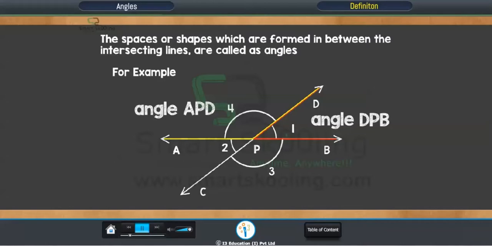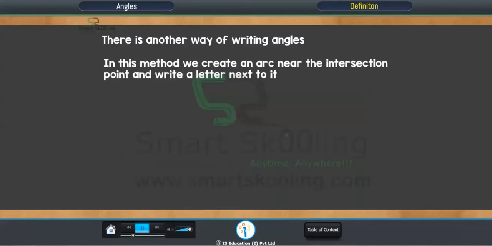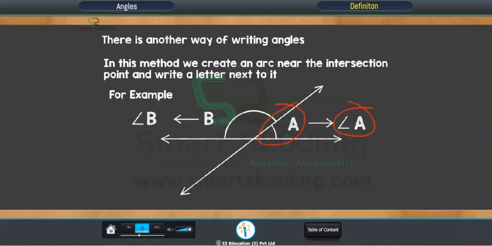Instead of writing the word angle again and again, we can use the symbol of angle instead, which looks like this. There is another way of writing angles. In this method we create an arc near the intersection point and write a letter next to it. For example, if we draw an arc near the intersection point and write a letter A, we can call it angle A. We can do it with any angle. For example, we can draw an arc here and call it angle B. So whenever you see a letter next to an arc like this, it means it's the name of that angle,